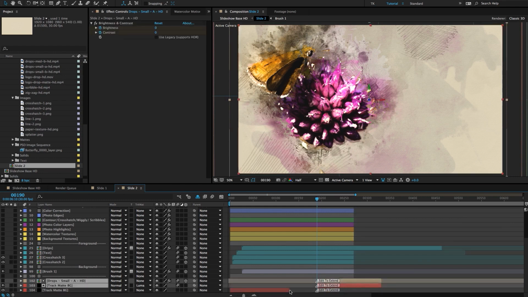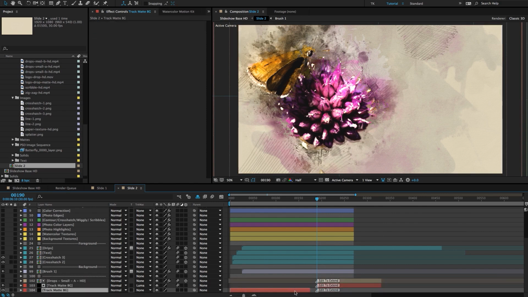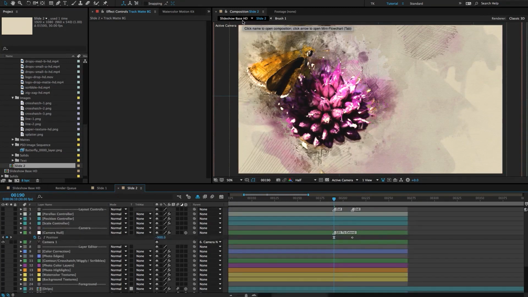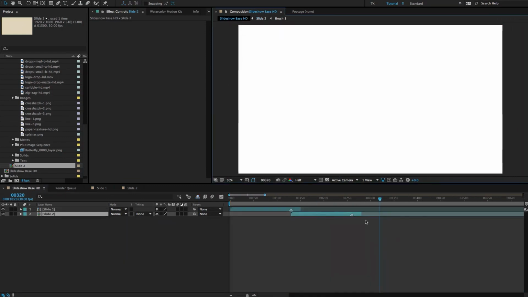You want to drag it from the end, so the icon changes when you have the cursor close to the end of the layer. So right there. I'll zoom in just to make sure we have the right spot. Now, in order to make sure that we have the right positioning within the main slideshow animation, we'll move our